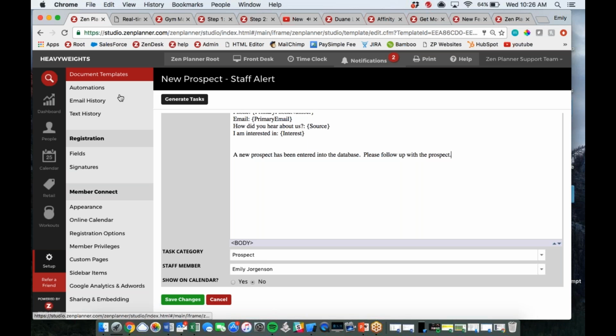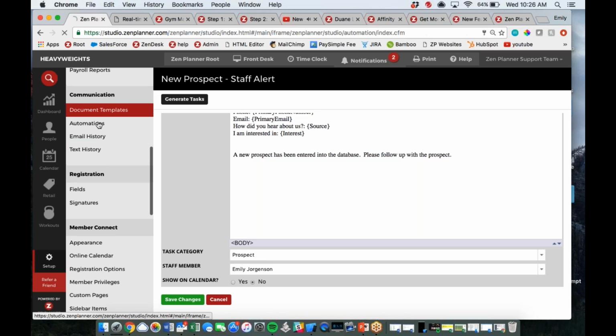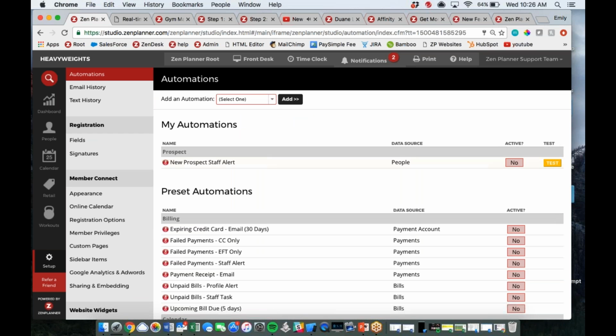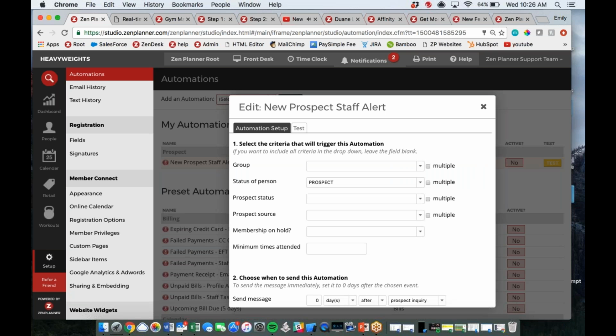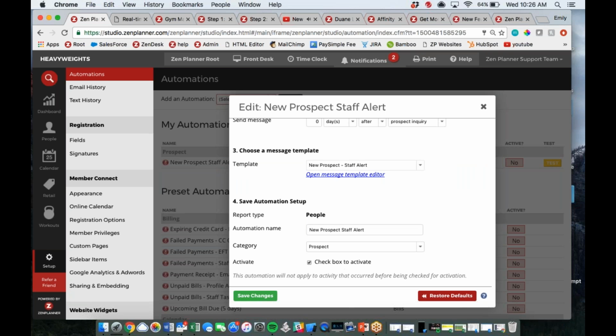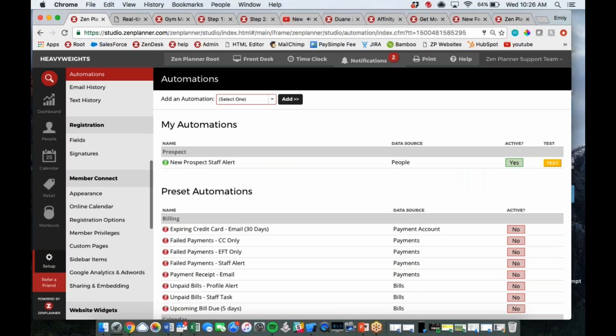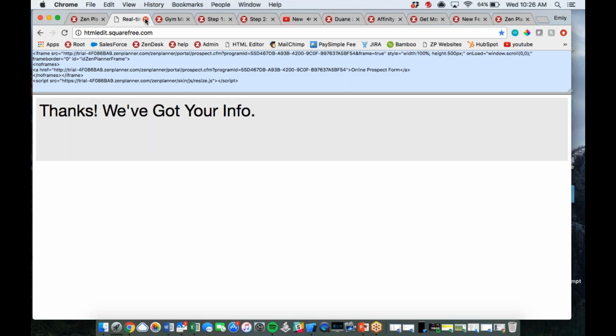If we have this one turned on, so again, to turn that on, we'll go back to that automation section. And you'll notice that the automations that you were in last populate towards the top under My Automations. That's a user tip there. If I click back into this one and activate it, click Save Changes, then this one's now active. So now anytime somebody fills out that form, an alert is going to go out. So for example,